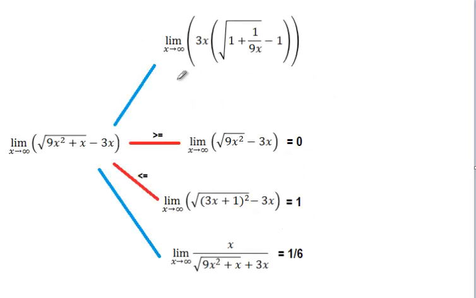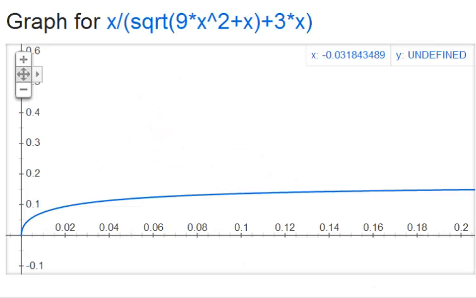In the end, all the work that we did turned out to be useful. We ended up solving the problem 2 different ways, using the squeeze theorem by bounding it from above and below, and by using a factoring method that removed the part that was problematically giving infinity over infinity, and in both cases we got 1/6. As a bonus, the fractional form of the equation behaves quite well in Google's Grapher,